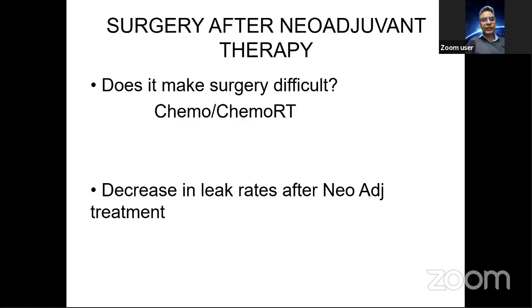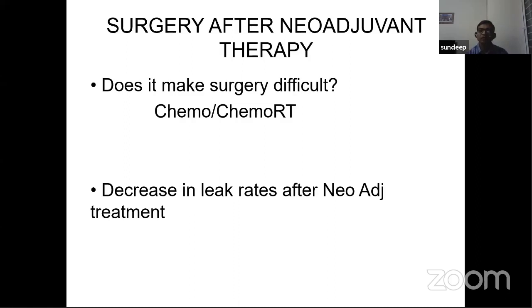Right. So, Dr. Sandeep, if I may ask you, what is your personal experience on operating on neoadjuvant treated patients of borderline resectable pancreatic cancer? Have you seen any increase in the rate of complications? Have pancreatic fistulas increased, or have they rather decreased, as the literature suggests? See, again, my experience of operating on patients after neoadjuvant therapy is not such a big experience that I can deduce something on these things.